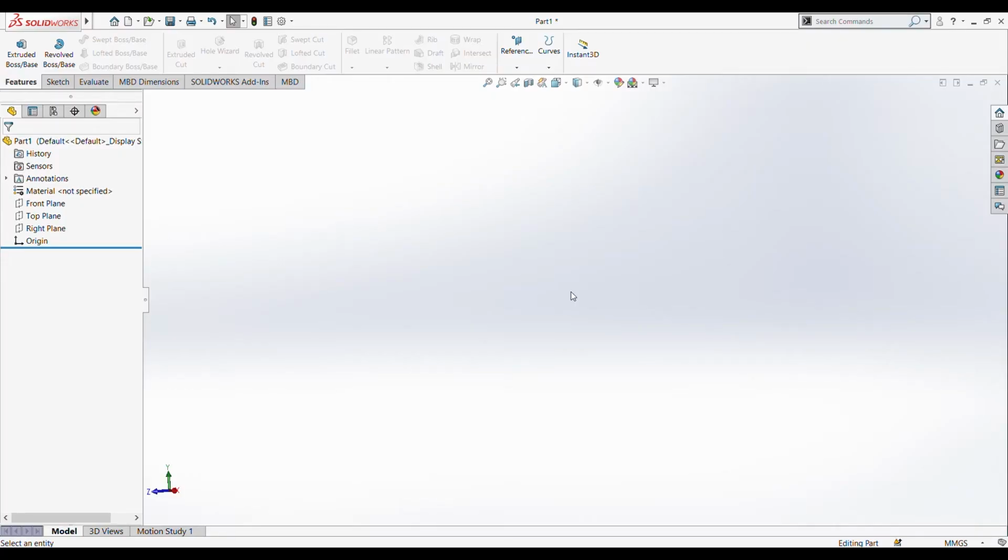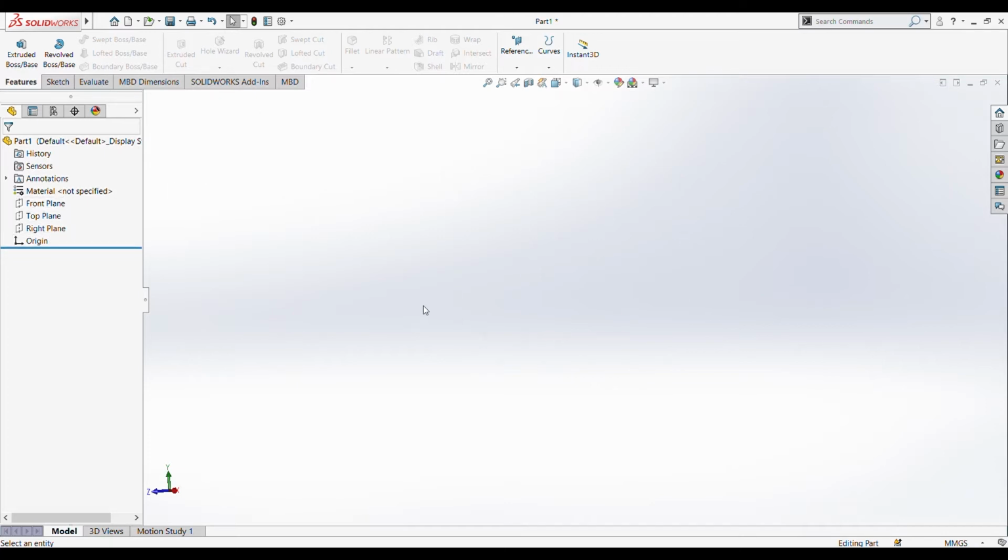In the previous video we looked at basic sketching tools. In this video we'll be looking at reference geometry creation, more specifically reference plane creation. So reference plane is an important concept because it's used in most professional CAE engineering creations. So now let's take a look at how to do it.